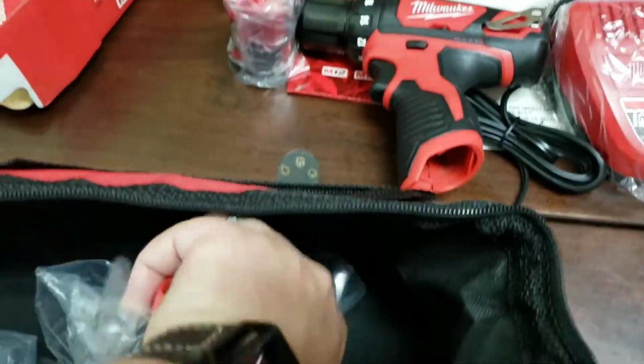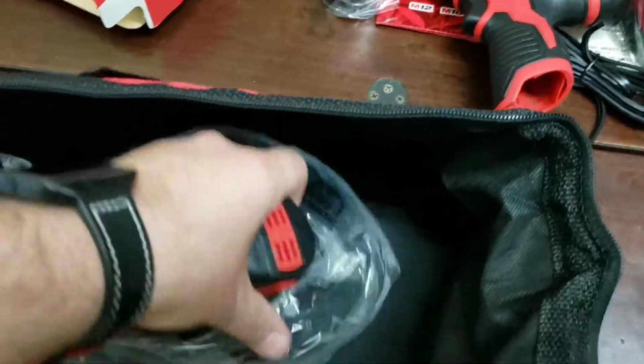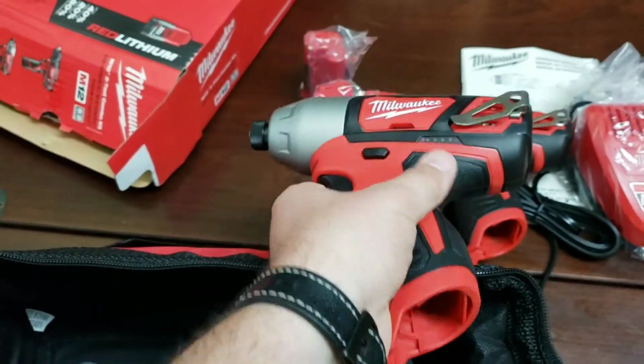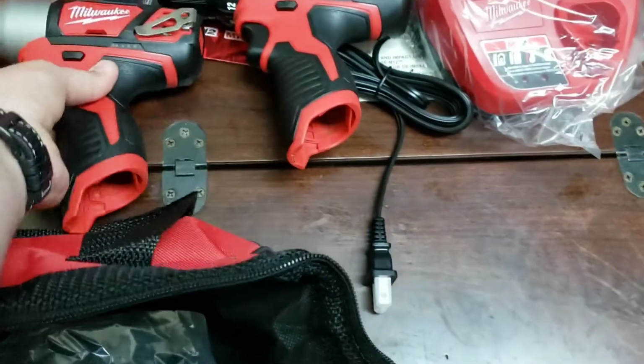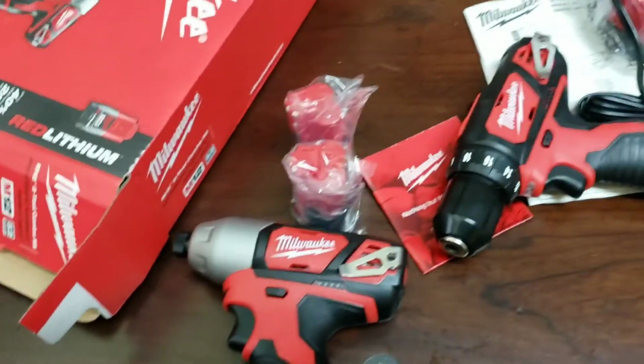We've got our little impact driver. A 12-volt impact driver. Can't think of why I would ever use that. Tight spaces, maybe? They're small. They're much smaller than, for comparison,